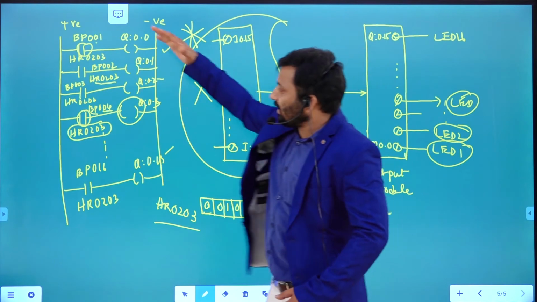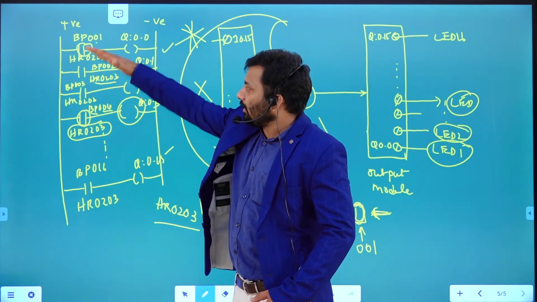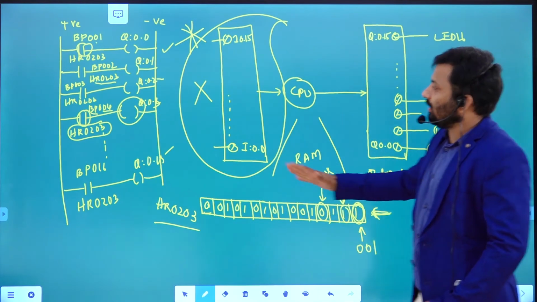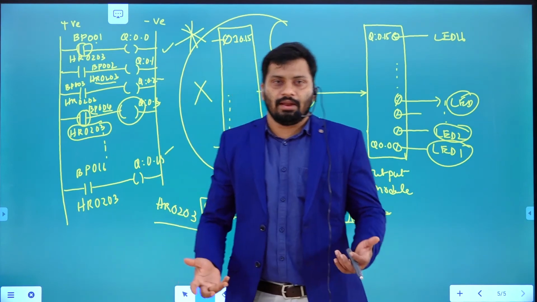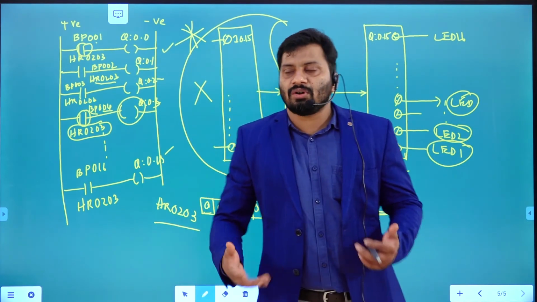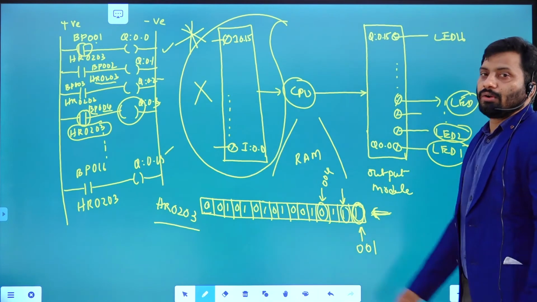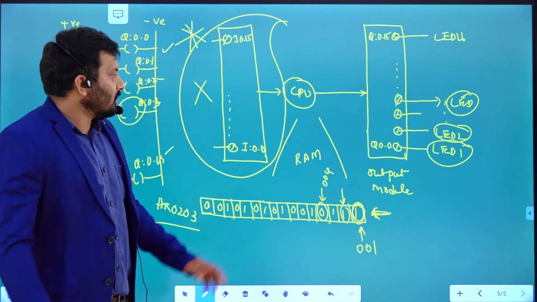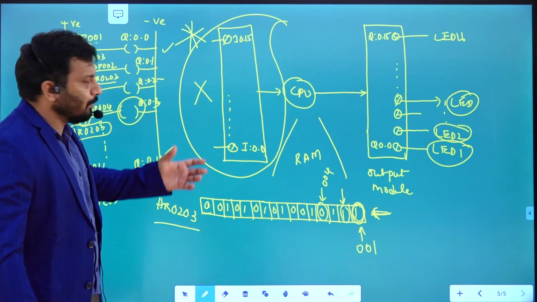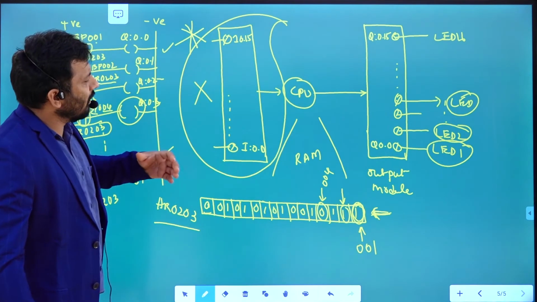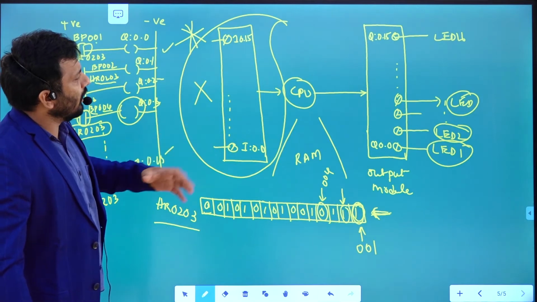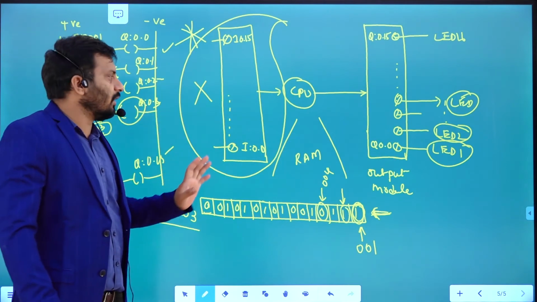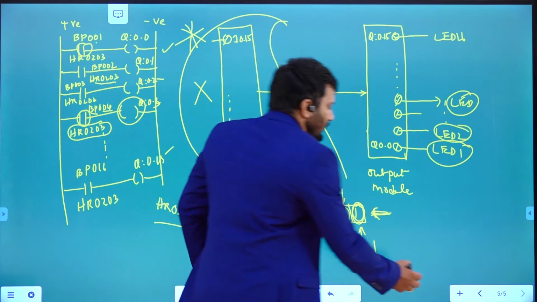Like that, the 16 rungs are going to take inputs from the 16 bits of this particular register, right? Correspondingly, these outputs are going to be active high or active low. Based on that, these LEDs are going to glow or not glow. This is one example. Depending upon the application, you can control these outputs in different ways.